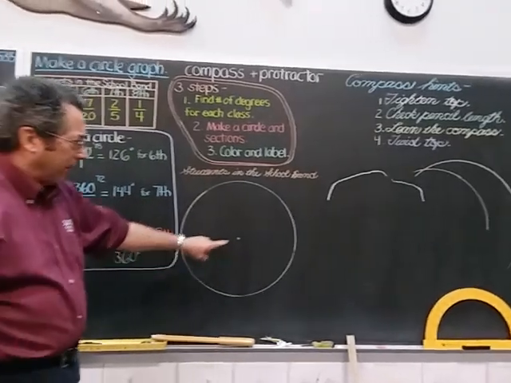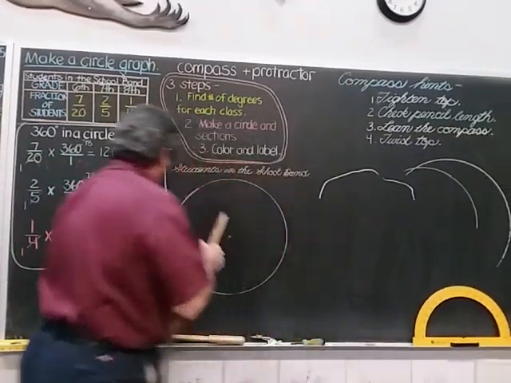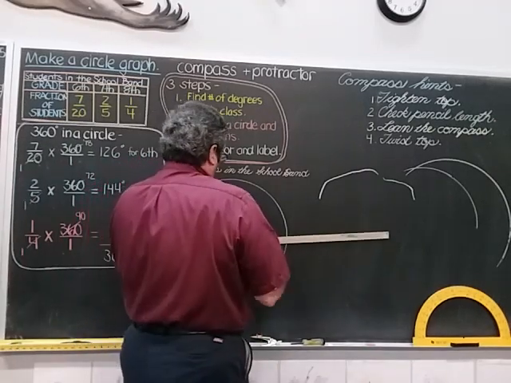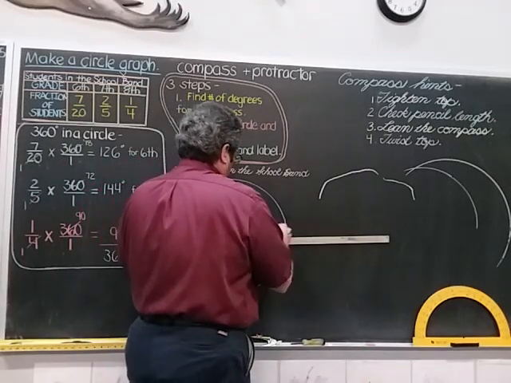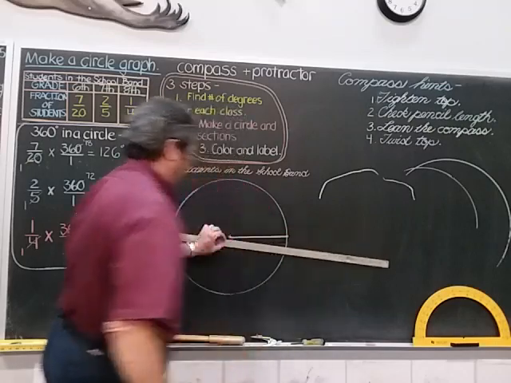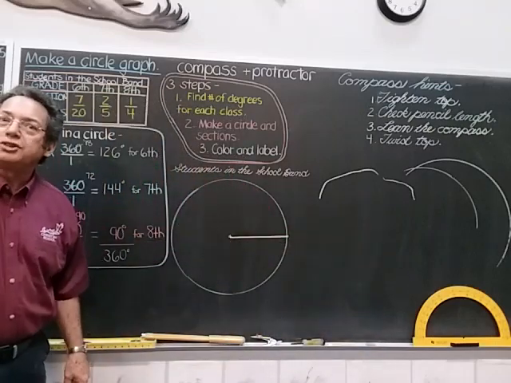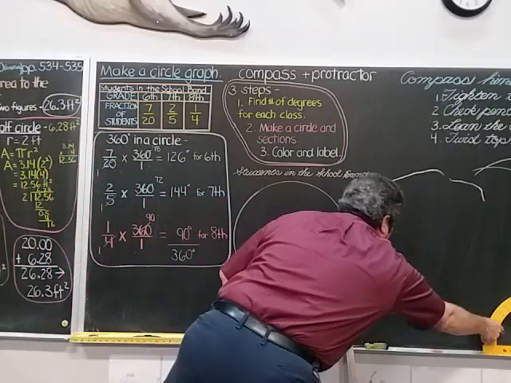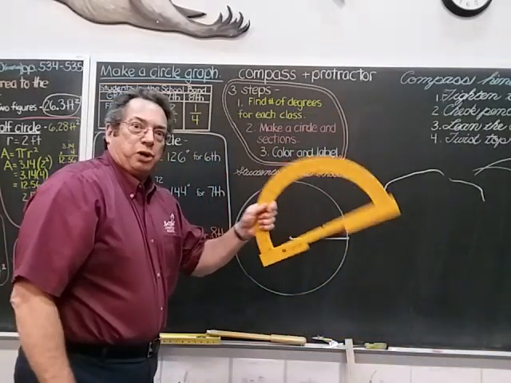So I drew a circle, I have the center of the circle, and I'm gonna start with the easy one here, 90 degrees. So I draw a random radius. I drew up from the center of the circle out to the edge. That's a random radius. Now, I could have drawn that anywhere, but now using my protractor,